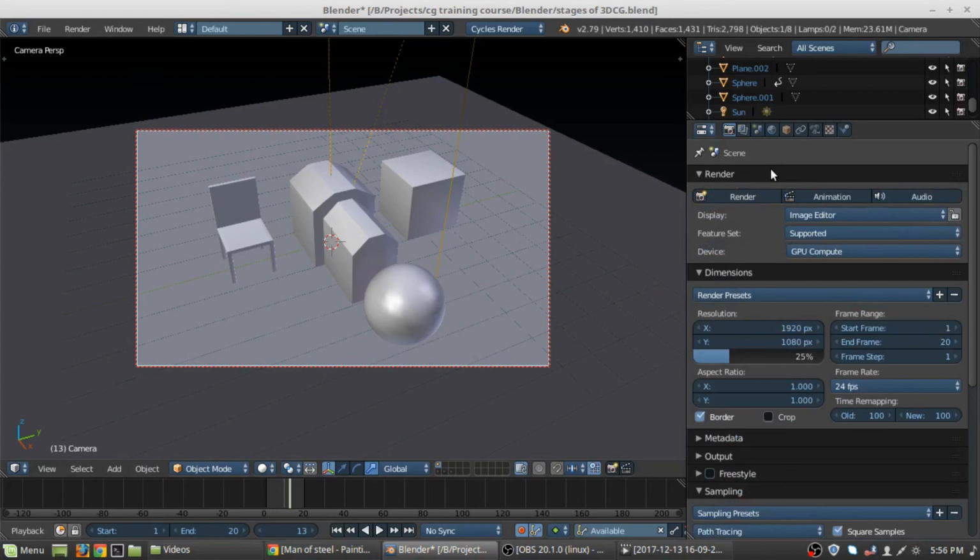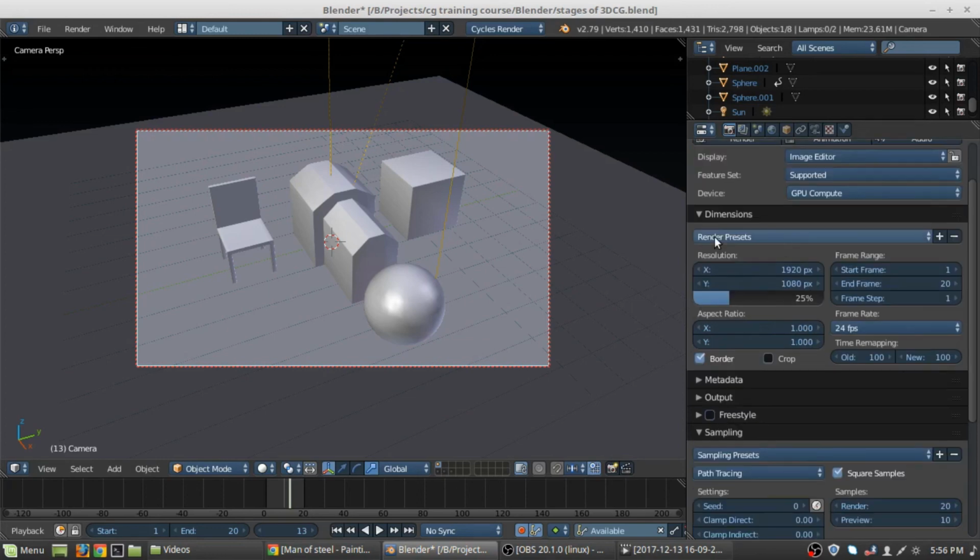This render panel is just to control basic rendering, and below that you will see dimensions. Under the dimensions you will see resolution, aspect ratio, frame range, frame rate, and time remapping. I've never changed time remapping, so I don't know this, but in a later video I will check what this does and explain it to you. So for the resolution, as everybody knows, it